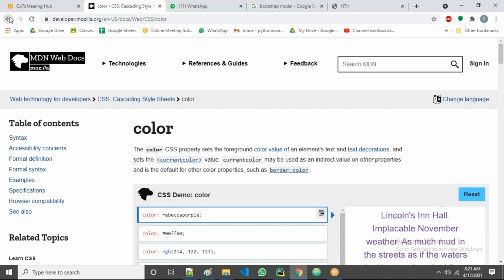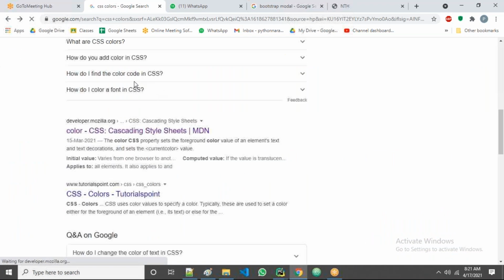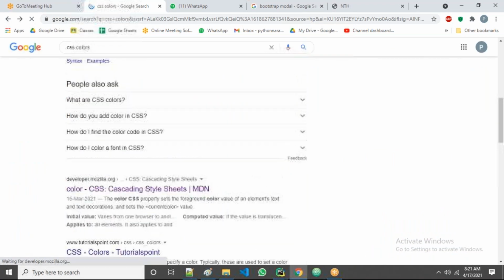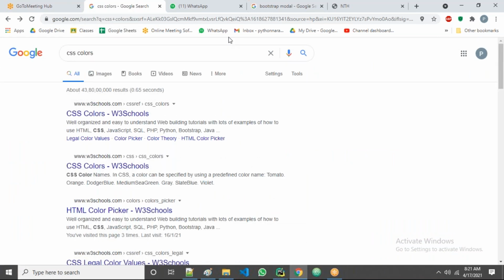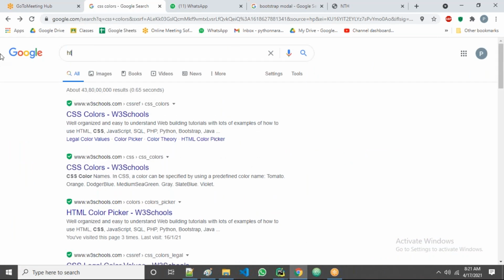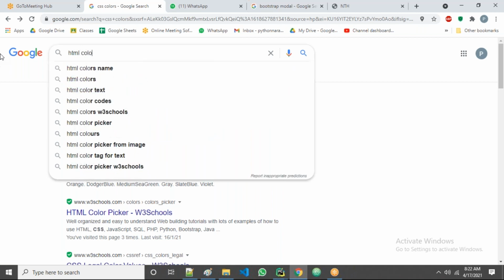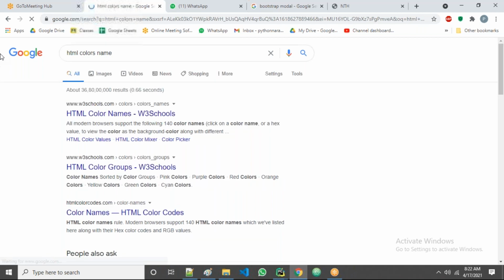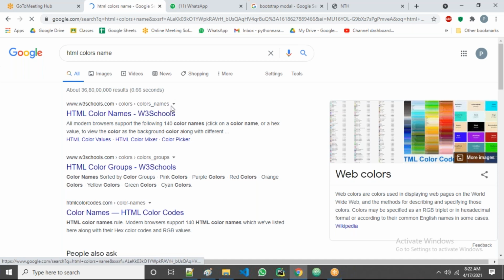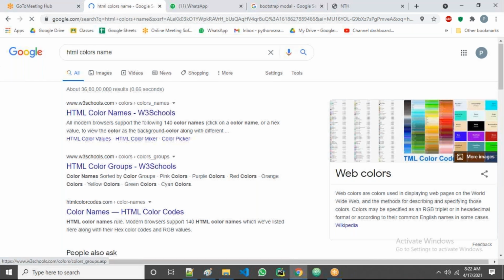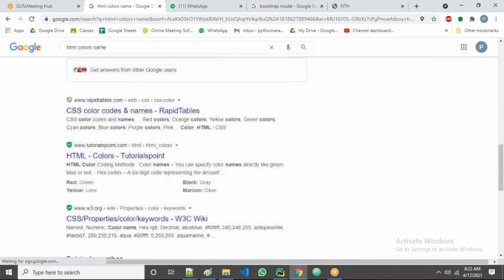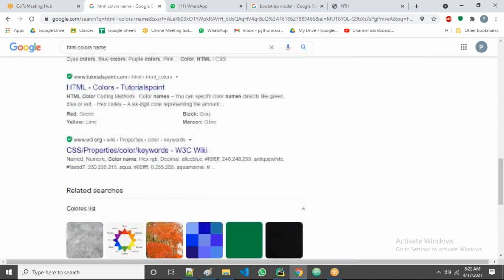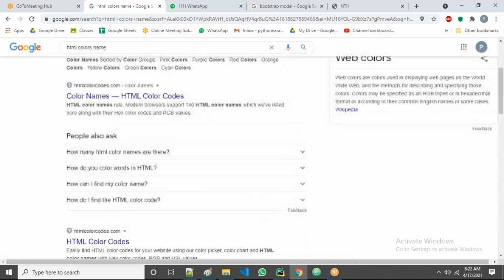In the main page it will display colors. Okay, let us see. Let us try HTML colors. Some name is there, guys, for colors.